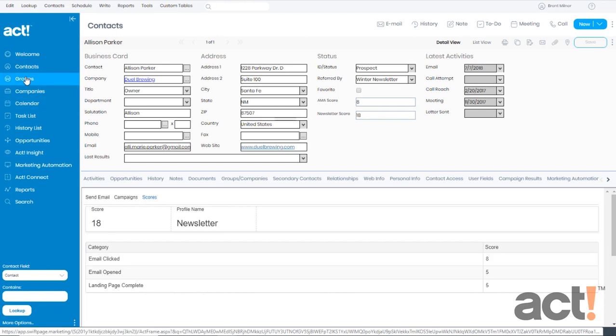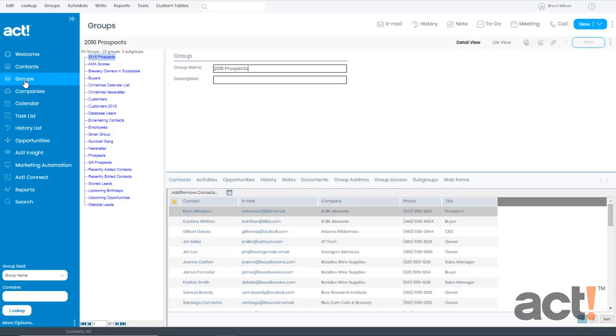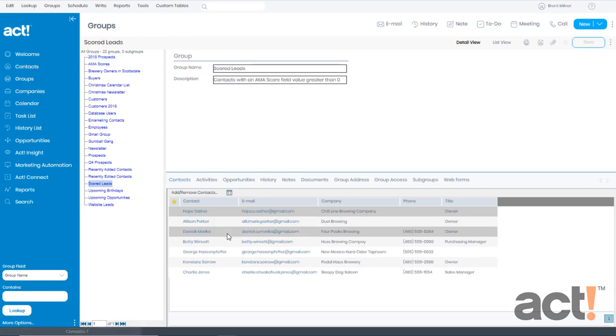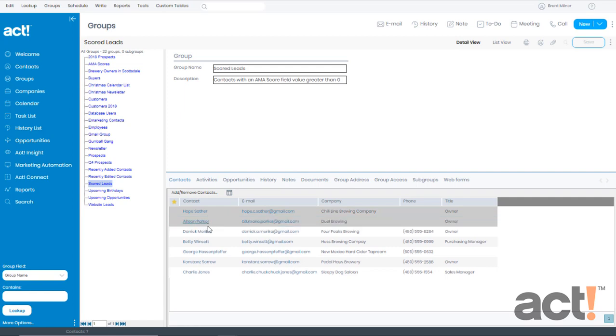Let's go to Groups now to see how the scores affected some of my groups in Act. I'm interested in looking at the Scored Leads group. This is a dynamic group that will add and remove contacts whenever they have an AMA score greater than 0. But notice down below, I can see all of the contacts who have an AMA score, yet I can't see